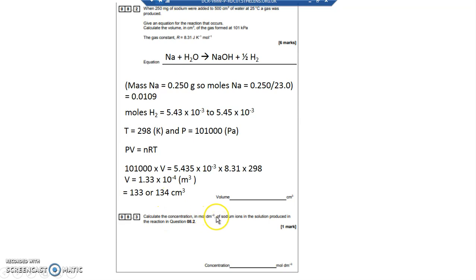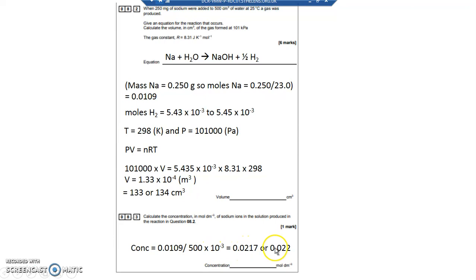Calculate the concentration in moles per decimeter cubed of sodium ions in the solution produced. We know the number of moles of sodium is 0.0109. We know that concentration is moles, 0.0109, divided by volume. Volume is 500 centimeter cubed. Convert that into decimeter cubed by dividing by 1,000. A small unit value like centimeter cubed up into decimeter cubed, a large unit value, you divide by 1,000, is 0.5. So concentration is 0.0109 divided by 5 times 10 to the minus 3, or 0.5, and it'll come out